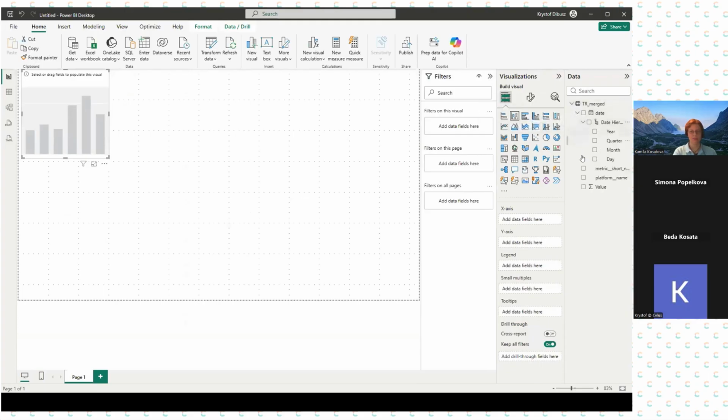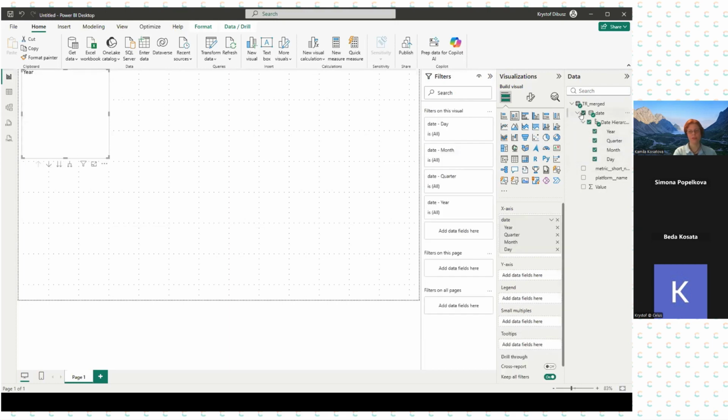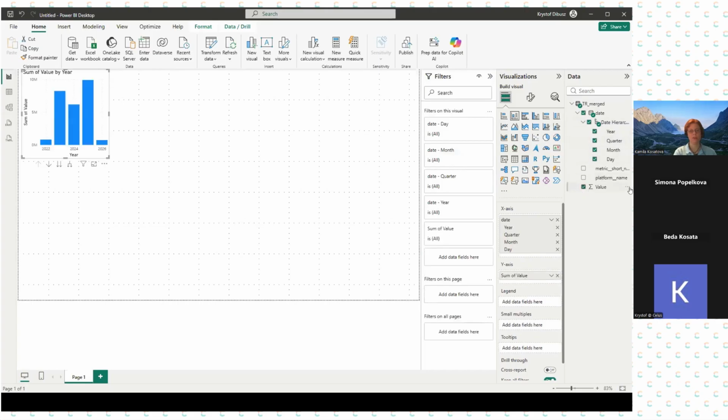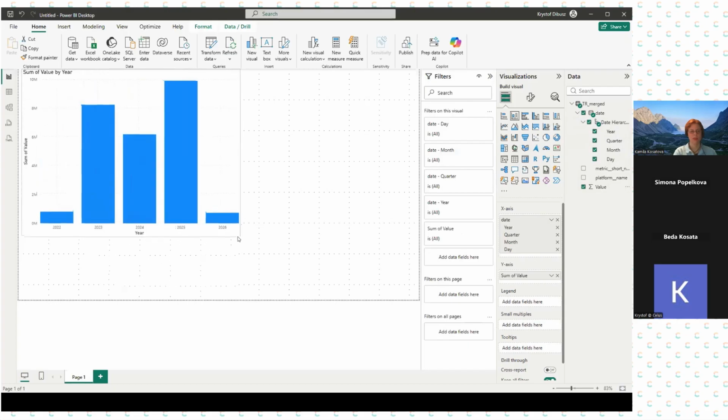Power BI is clever and already recognized the date as date and also made some splitting on it. So I definitely will want to have date in my chart and I will want to have value. Like this, I have already a very simply created chart, but it's all values, all platforms, all metrics summed